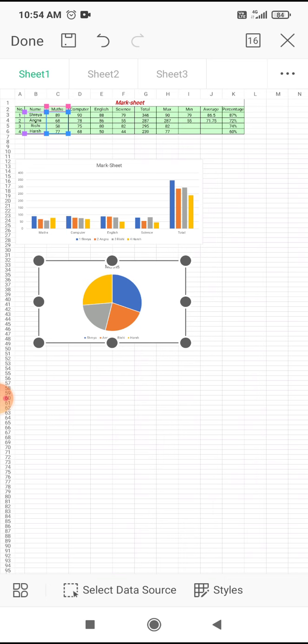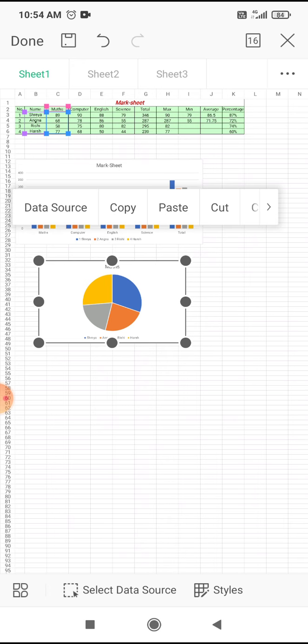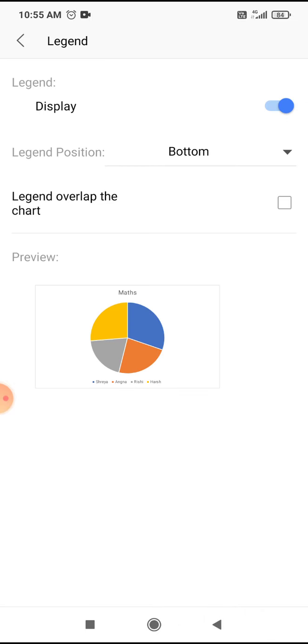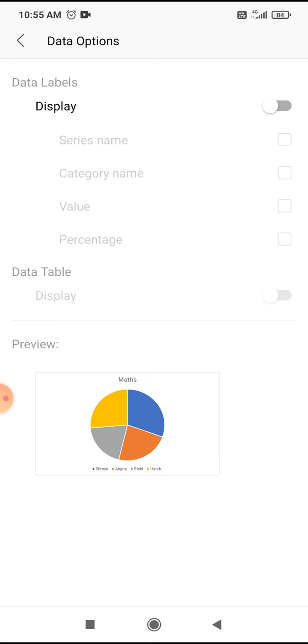Now you want to display the marks in the chart. So you have to select your chart, click on the chart option, chart title, which is maths, legends, which is bottom. Click on the data option.